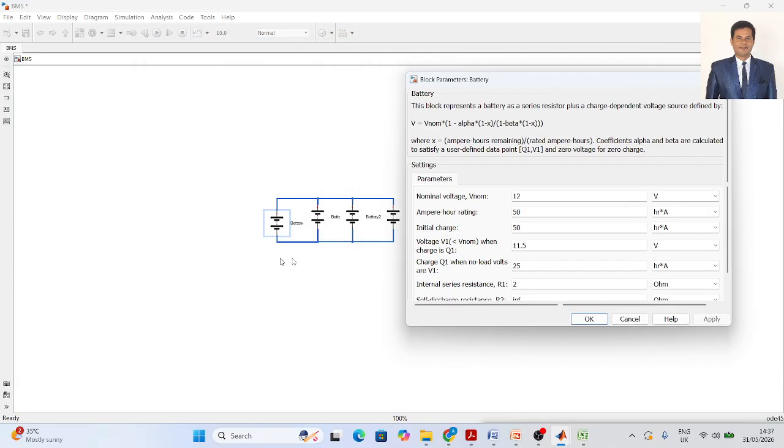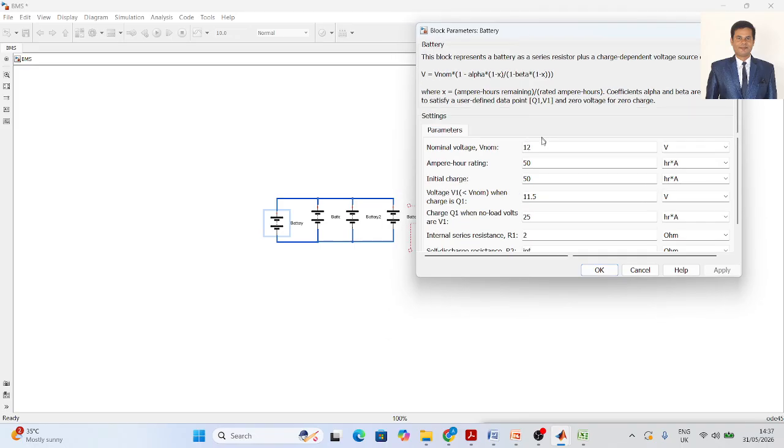If you have taken a battery like this, a lithium-ion battery, what do you have to do for the battery voltage? You try to provide the voltage levels, okay. Now we'll double click on this battery and then try to provide the voltage and ampere hour readings, okay. How many ampere hours it should be, what the age should be, that for each cell you have to mention, okay. And also the initial charge, right, and also the voltage levels. That is the voltage with respect to your normal voltage. That is the nominal voltage, how much it will be, 12 volts. That is what you have to mention, the below values,